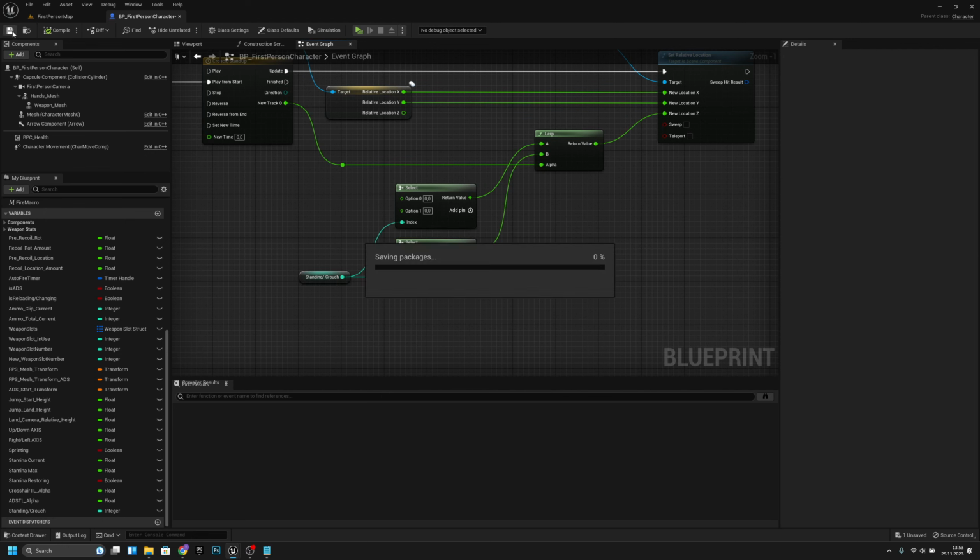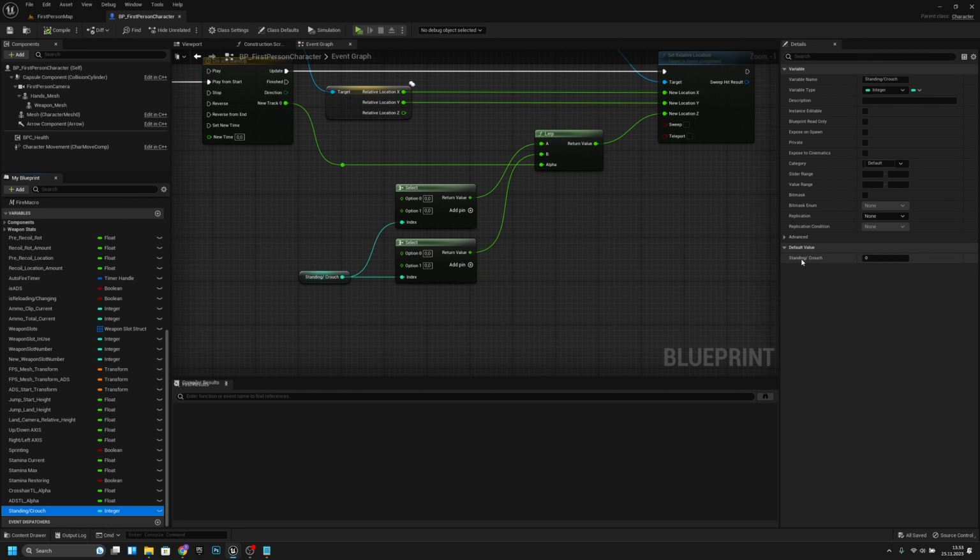Now let's compile and save. So now our basic standing crouching default value is 0. So we are standing when it's 0 and we're crouched when it's 1. And after, if we add the prone, it will be 2, for example. Okay, so when we are standing, so we are at the 0,